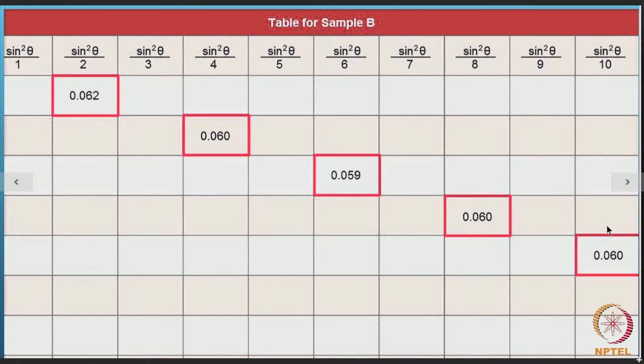So, you see that all these values are almost equal. Then that gives an indication that, well, like the previous case, this material may also be belonging to the cubic